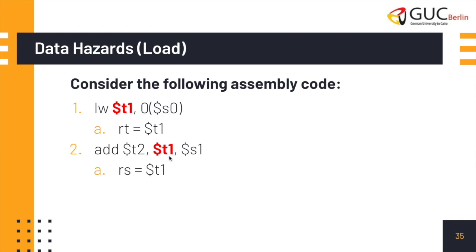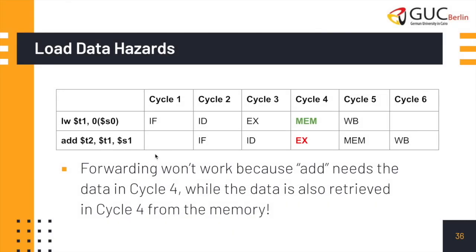Okay, T1 will be loaded with the wrong value. Now we will check and see that forwarding will not be efficient, and actually forwarding will not work in this case. I cannot forward the data. Why? As you can see, I am fetching instruction 1 at clock cycle 1. That's normal. I am decoding instruction 1 at clock cycle 2, and I am fetching instruction 2 at clock cycle